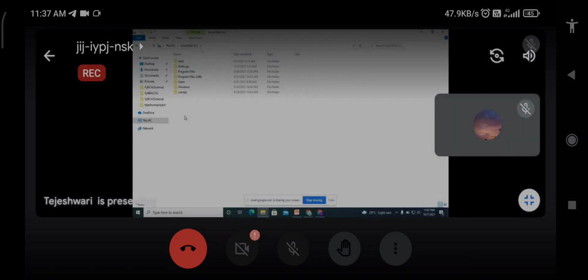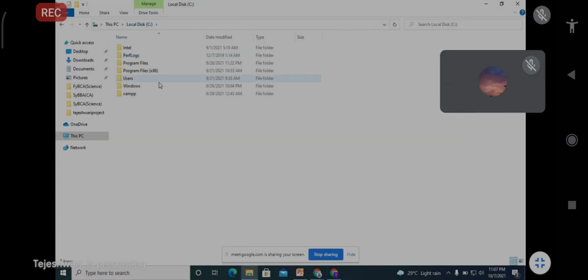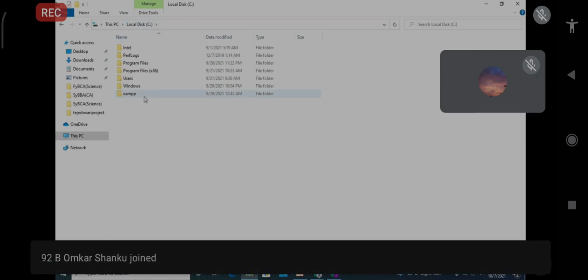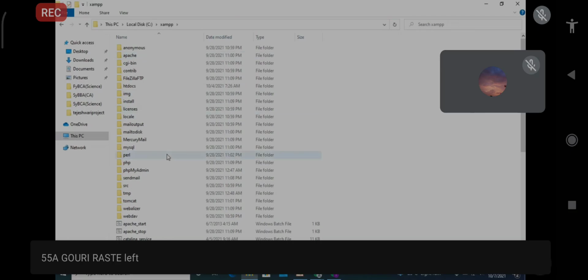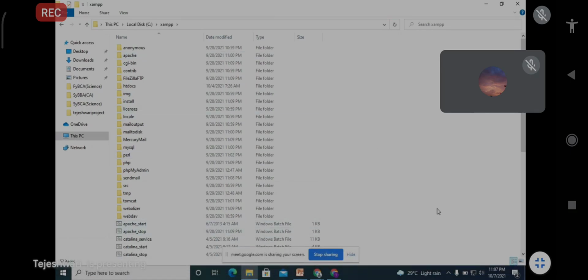When we install XAMPP, it should be in the local C drive, though it depends on where you want to store it. I selected the local C drive, and in it the XAMPP folder is there, containing all these files. The folder where we have to store our files is htdocs. Here it is, htdocs.